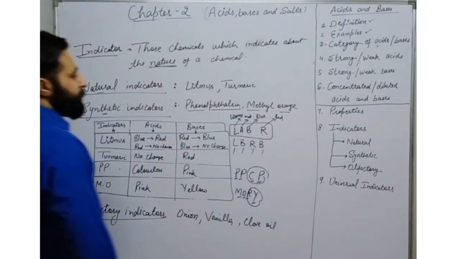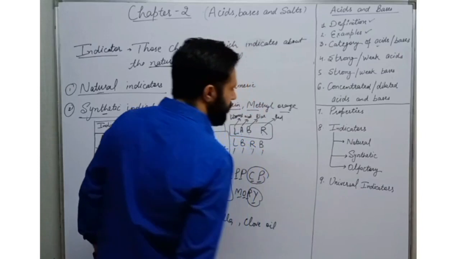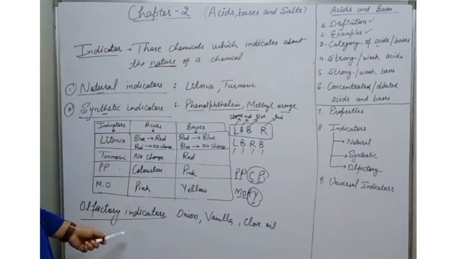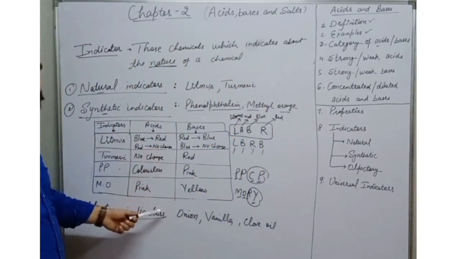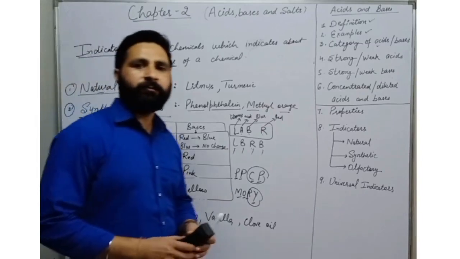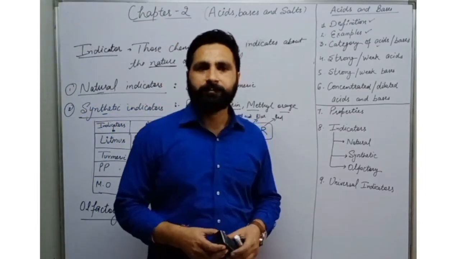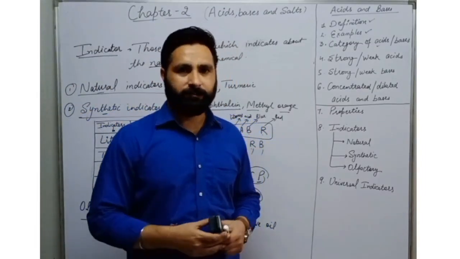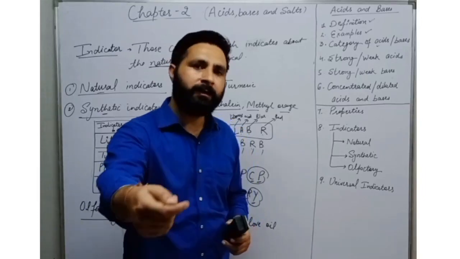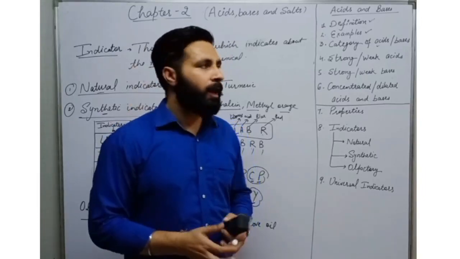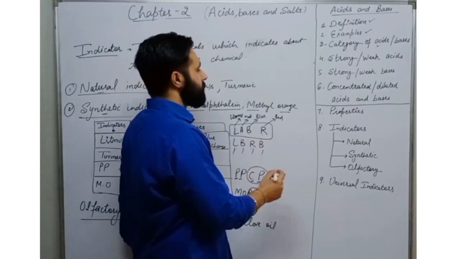Now beta, universal indicator. I hope this is clear to you. Now no need to cram it. So for litmus, what you will say? La bhai rasna, le bhai Red Bull. La bhai rasna. Okay.